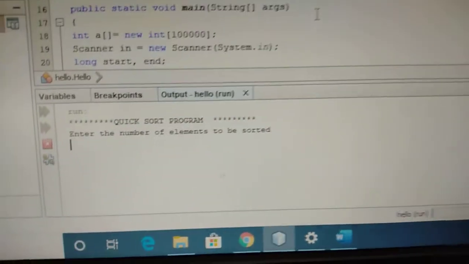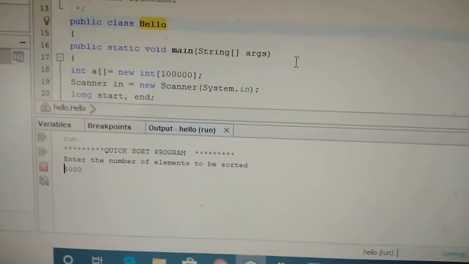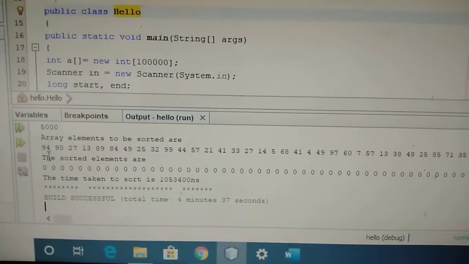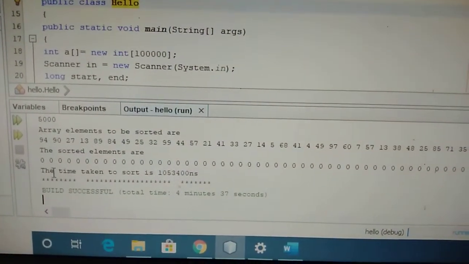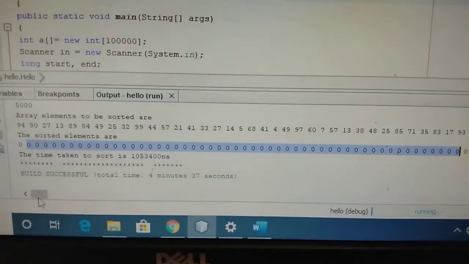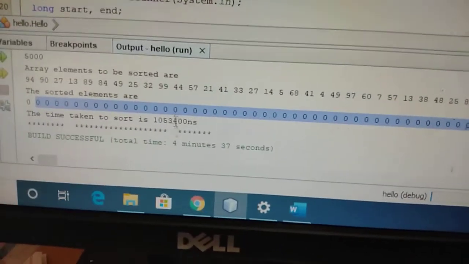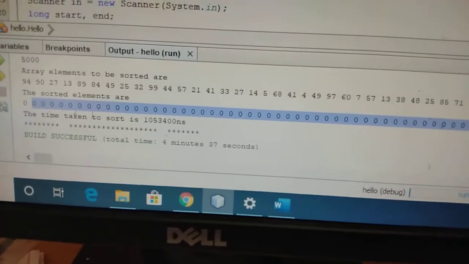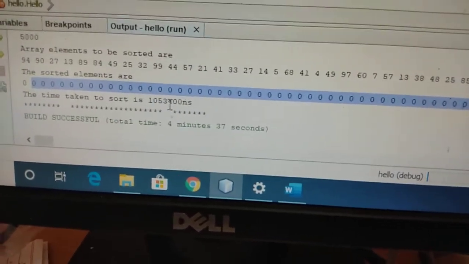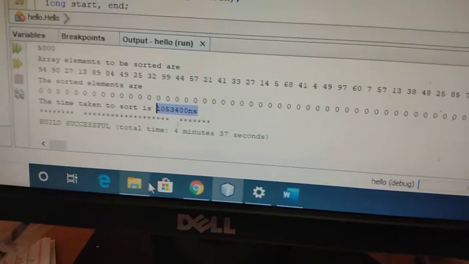I will give 5000. Then the array elements to be sorted and the sorted elements are displayed, and you can just drag it. It is 5000 elements. You need not write all these 5000 elements; you just write the initial numbers and put dots. The time taken is 1053400 nanoseconds. Please note this time.